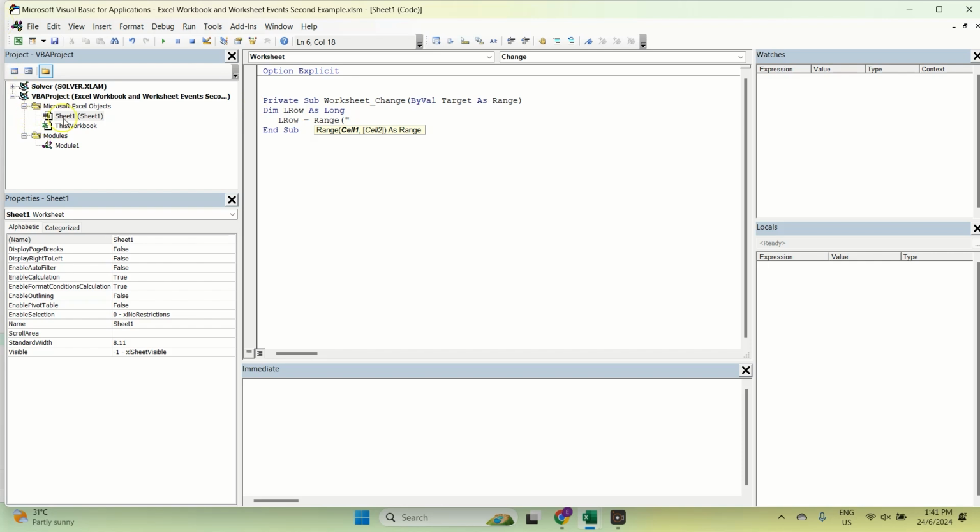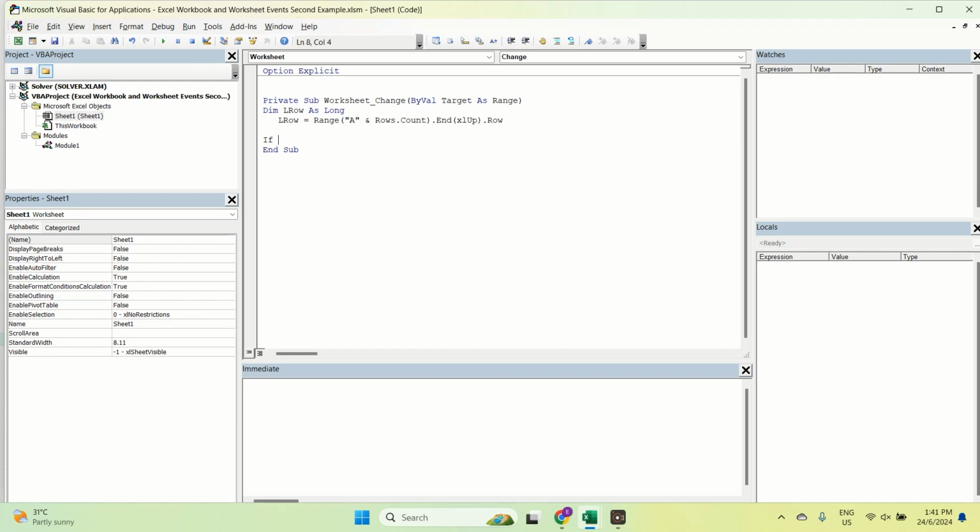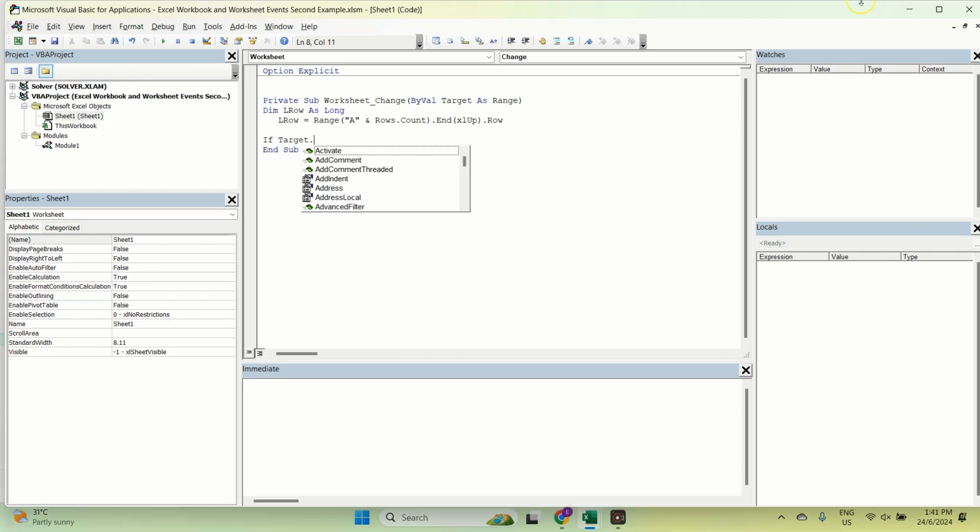If the code resides in Sheet1, it's going to take Sheet1 as the reference. So I'm going to say lRow = A and Rows.Count, xlUp.Row. So this is how we find the last row. Okay, so what I'm going to say, if Target.Address